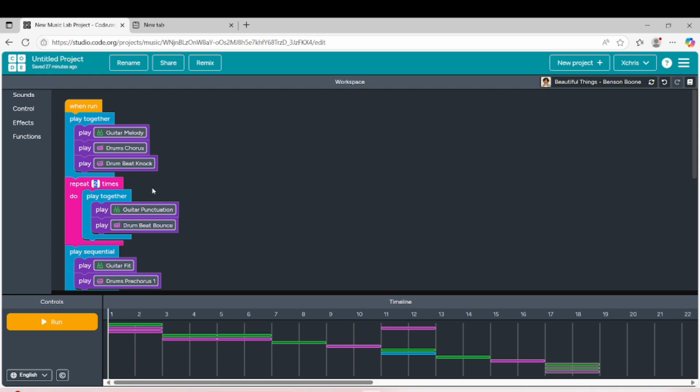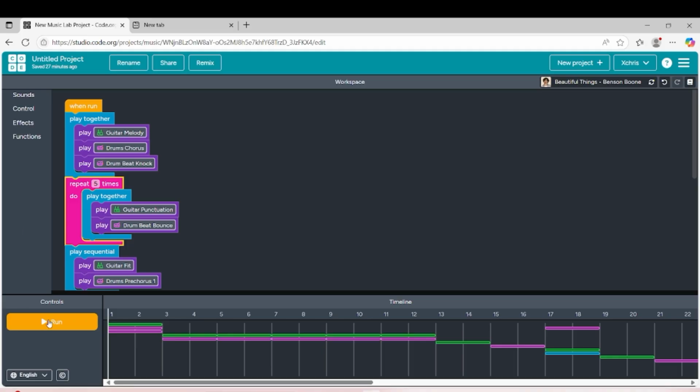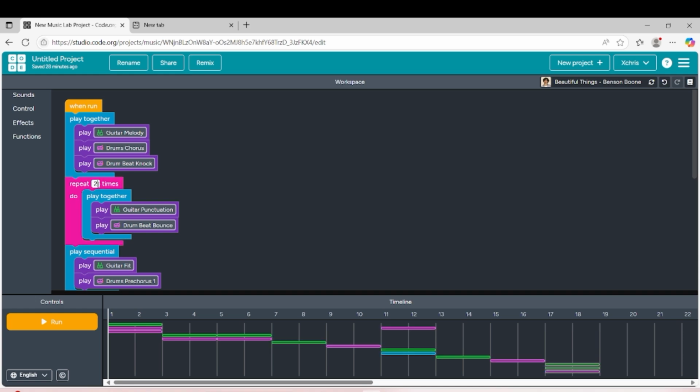You can set it to 3. As you can see, it changes down here into 3 parts: 1, 2, 3. Repeat 3 times, and we can change it to 5. That makes it longer, and we can set how many times we like until we're satisfied with the music or the tune that we want to repeat. So let's say we want it 2 times only.